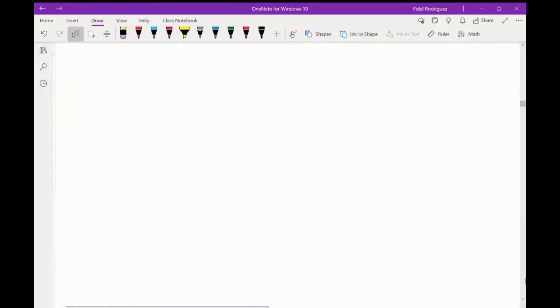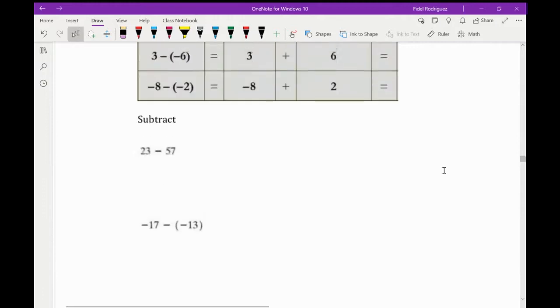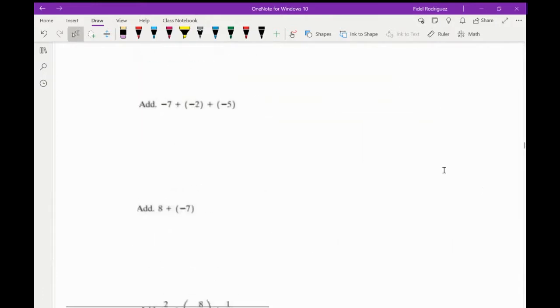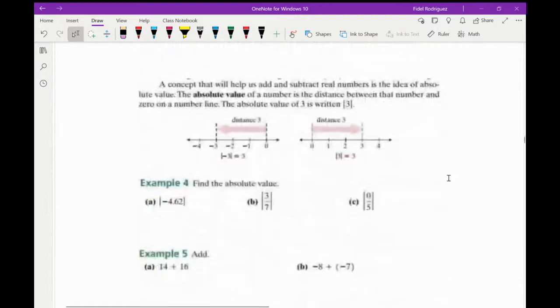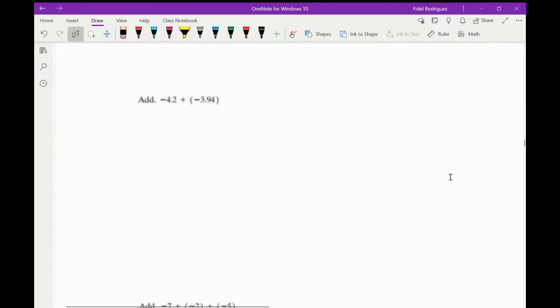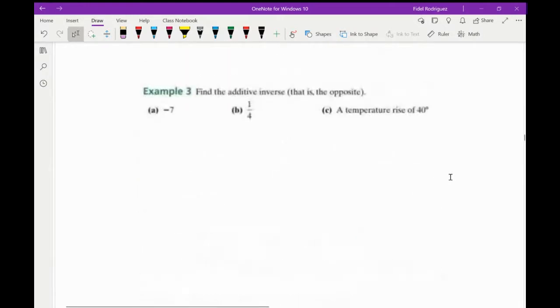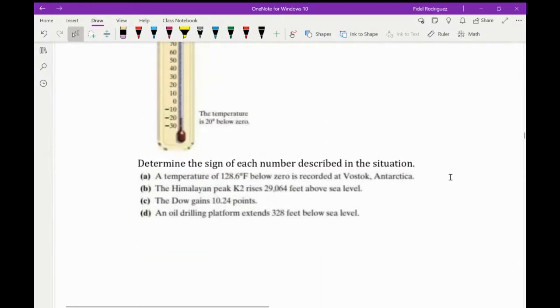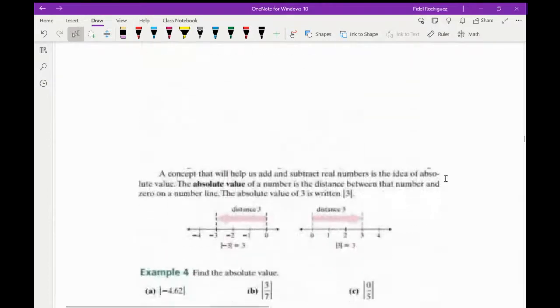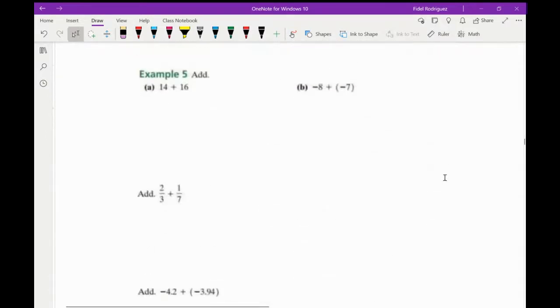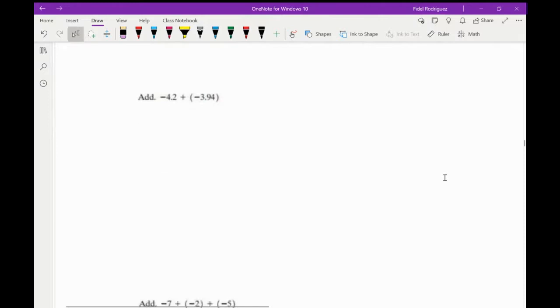I'm going to scroll down, guys, because I do want us to do some stuff from chapter 1 today. And let me see. I think this is my chapter 1. Yes, this is my chapter 1 right here. And so what I want to do with some chapter 1 stuff is, and I'm going to kind of jump around a little bit, but let's see, yeah. I want to bring up, let me see if I can find it. Here we go. I'll start from right here, okay?